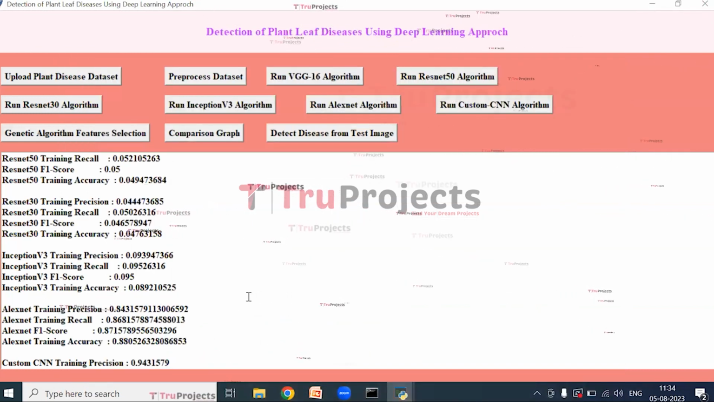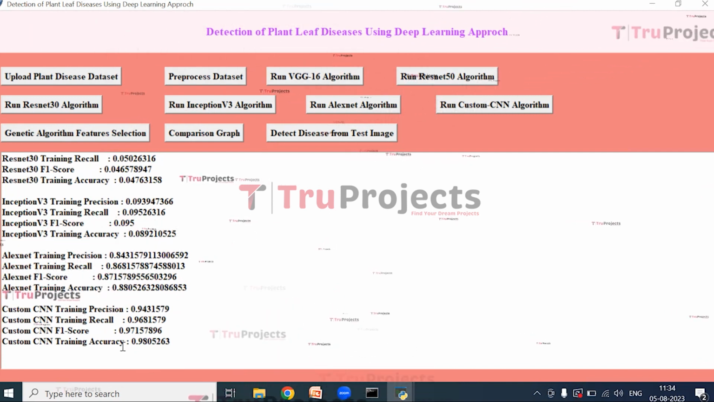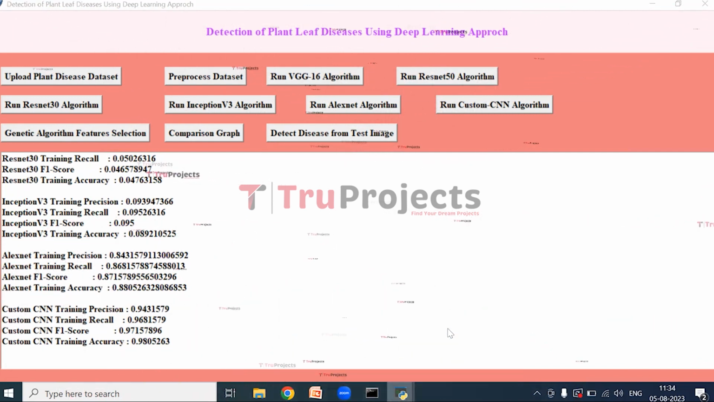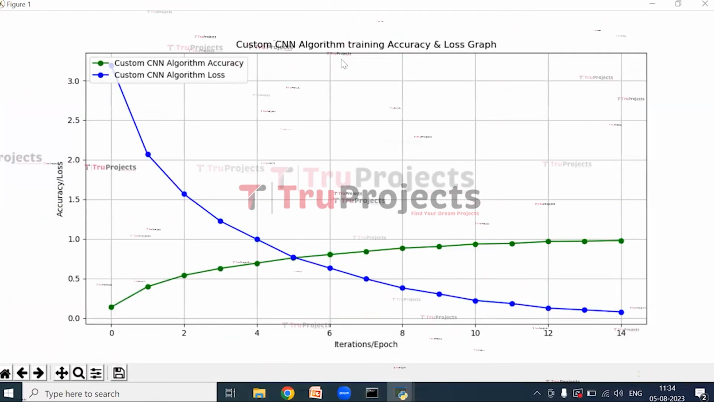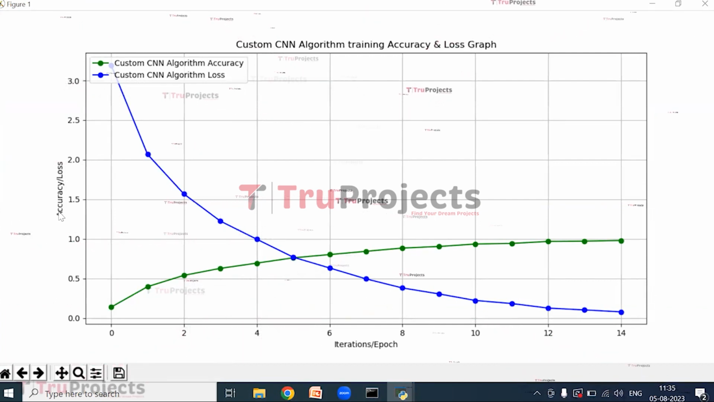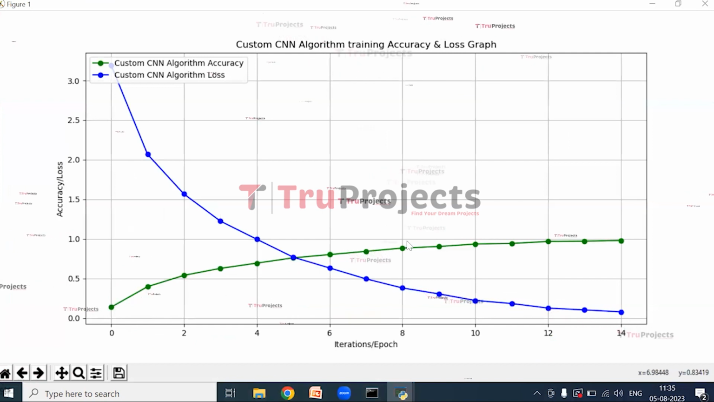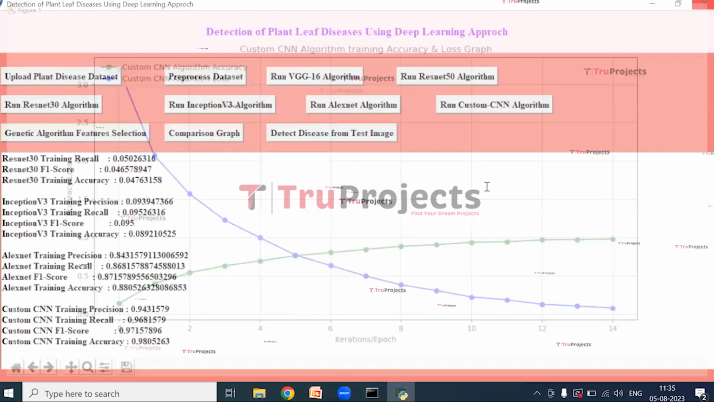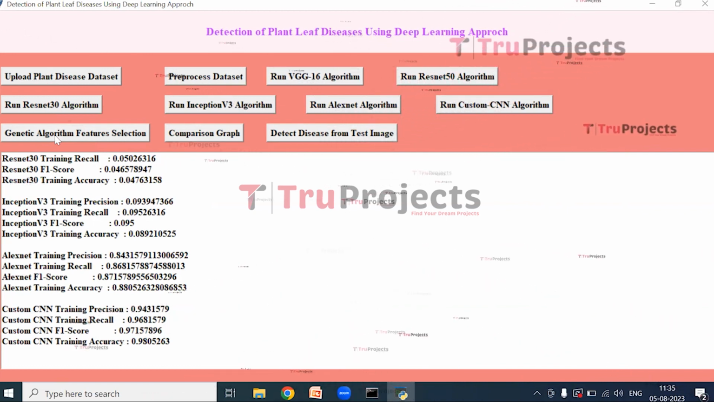After training the custom CNN algorithm, we will get its precision, recall, F1 score, and accuracy. And this is the accuracy and loss graph of the custom CNN algorithm. The x-axis represents iterations or epochs, the y-axis represents accuracy or loss, and the blue line represents loss and the green line represents accuracy. Close the graph, click on genetic algorithm features selection